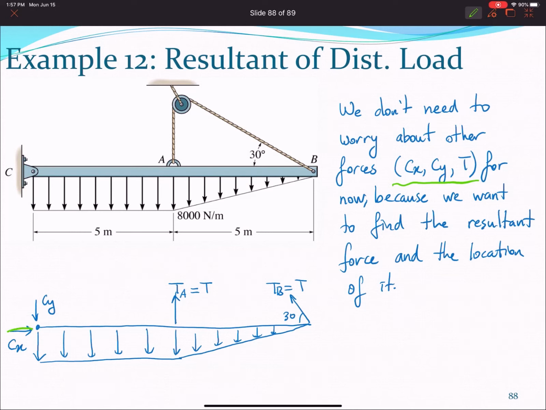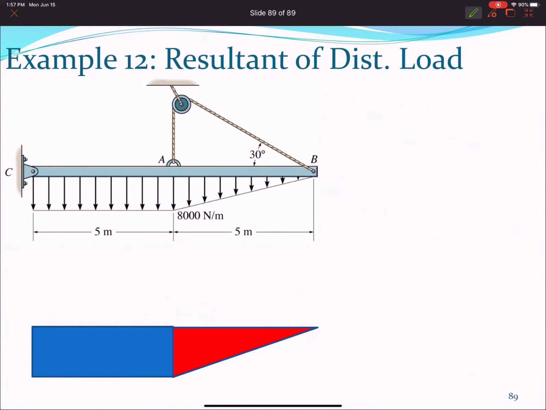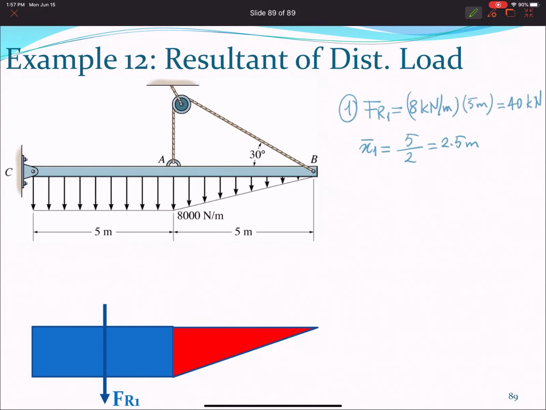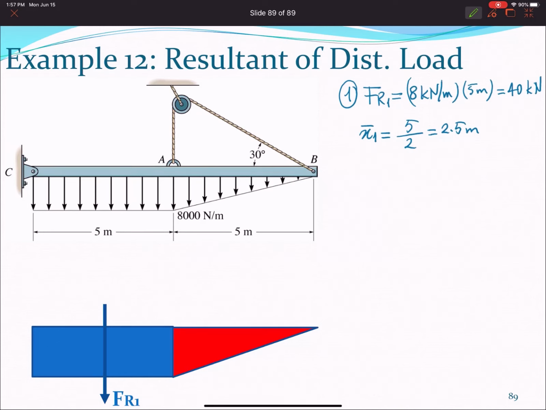Take a look. There are two forces here in the support. This is one tension from the pulley, and there is one inclined force here. We don't have to worry about that. We just can focus on the distributed load. So I see one rectangle, one triangle. That is the location of the force in the rectangle. And then that force is equal to, we are told that this is